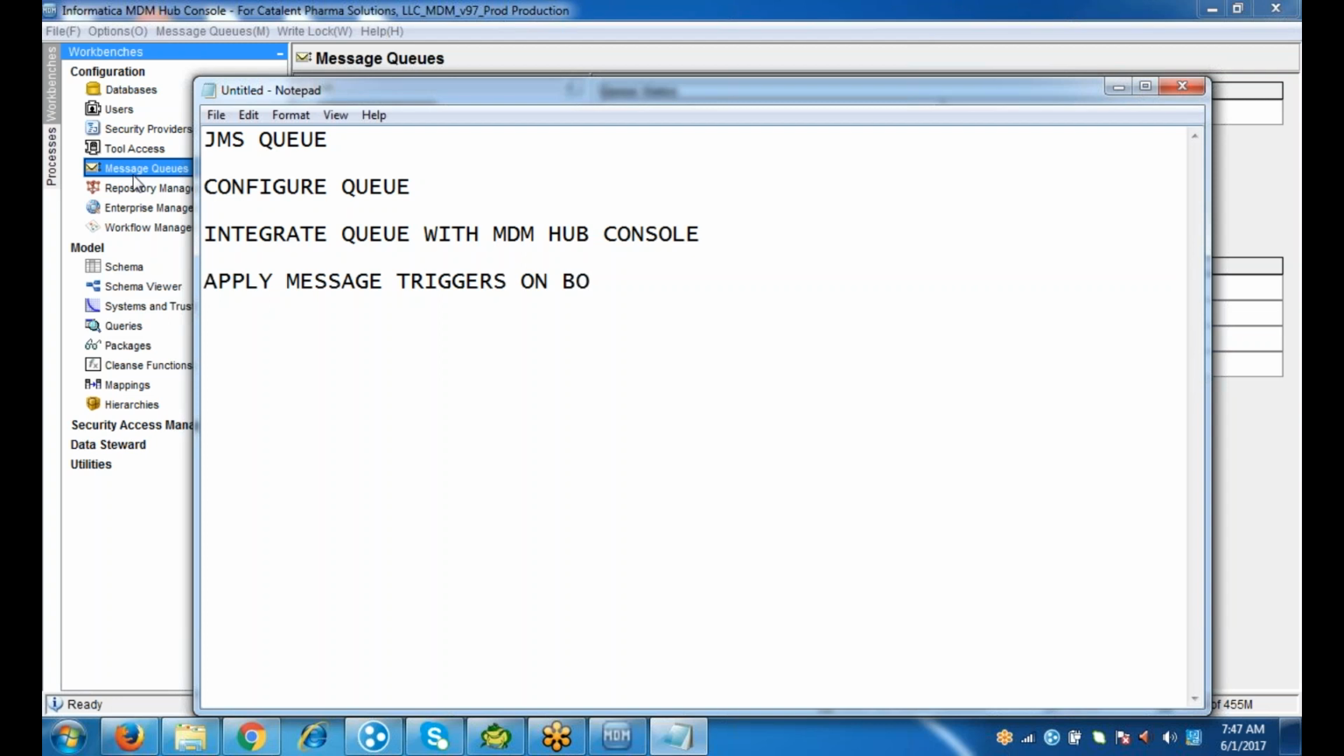Message queues. I hope you understand. In MDM, outbound real-time service is handled by JMS queues. Don't get confused, guys. If you have a slight knowledge of web services, then queue is a very common word. If you don't have any exposure to web services, generally we have two types of,